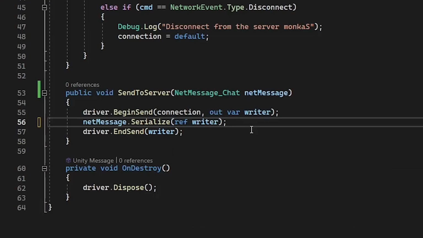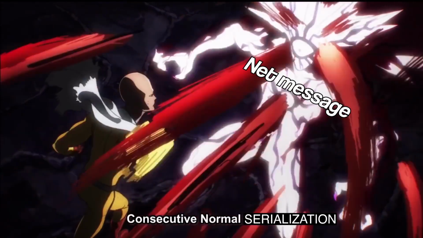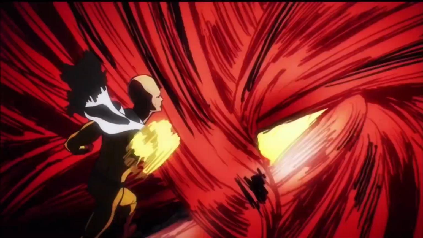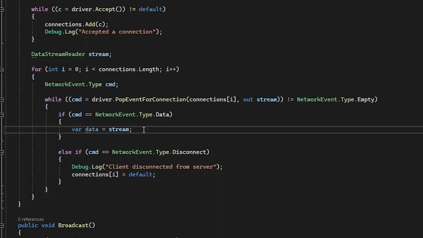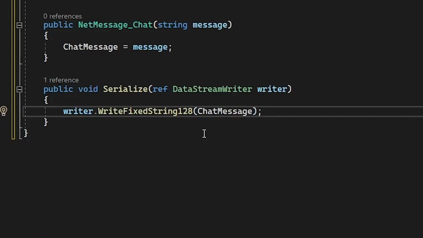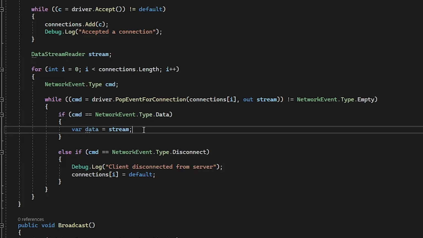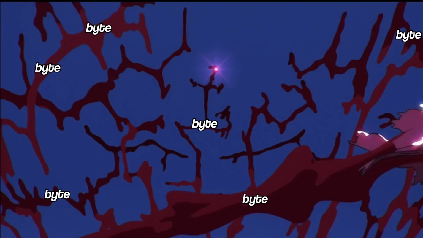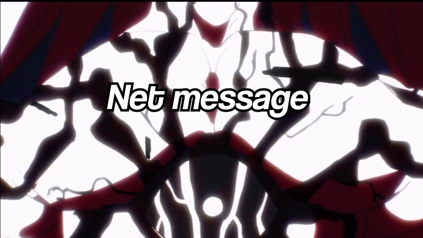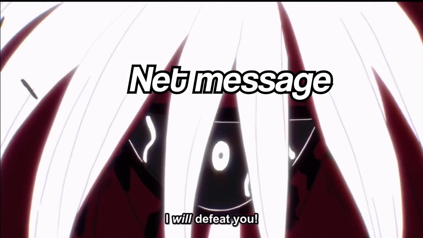When we sent the network message, we essentially converted the data in that message, which in our case was the text the player typed into the chat, into a stream of bytes. We then sent this stream to the server. This serialization made it easy to send across the web, but hard to read. So when we deserialize the message on the server, we're just taking all the bytes of data, the packets that we received, and using them to recreate our original net message. This is a crucial concept to understand.